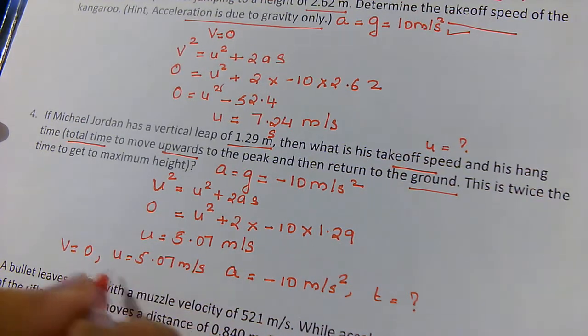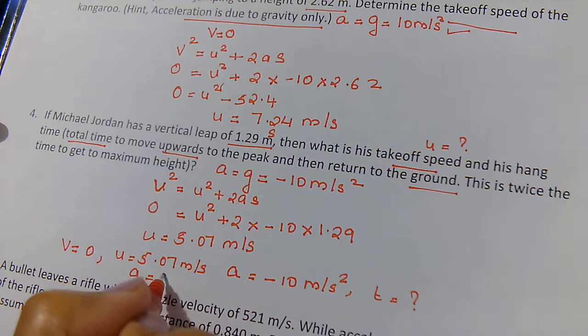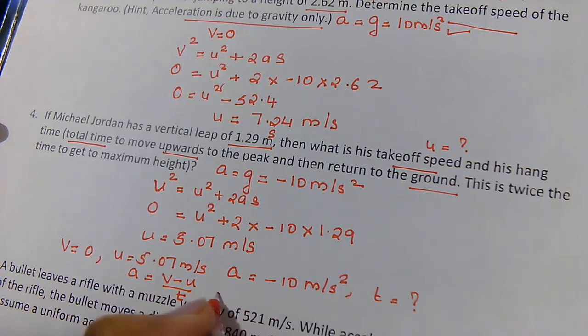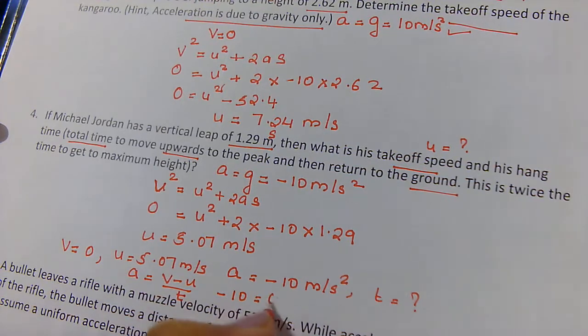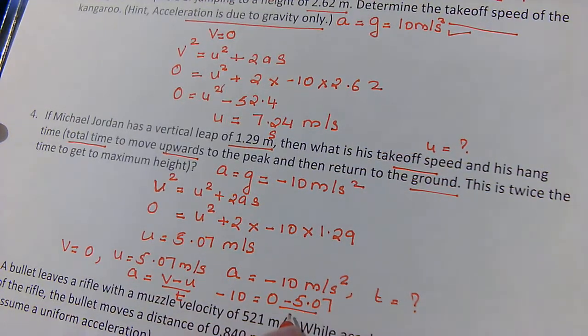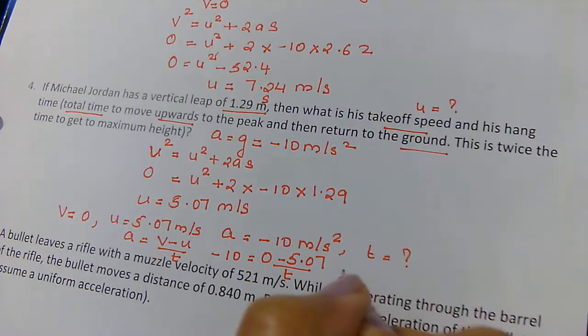If we know v, u, a and we have to find t, the equation connecting all four of them is a equals v minus u over t. So minus 10 equals 0 minus 5.07 divided by t, and you will get t as